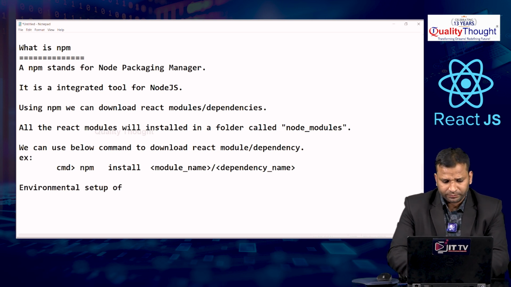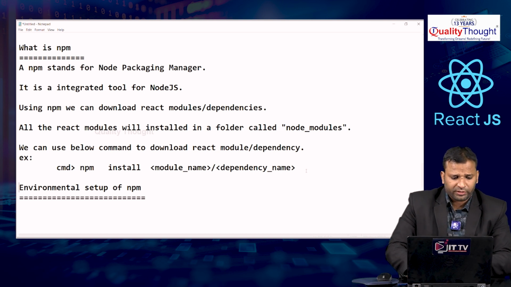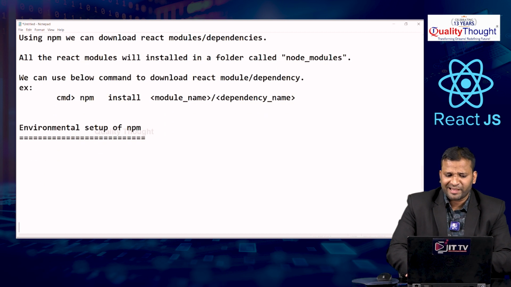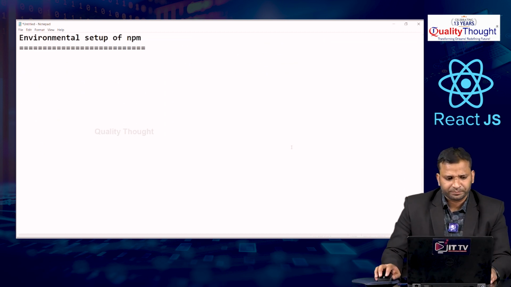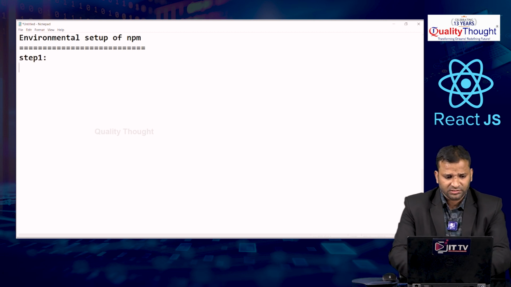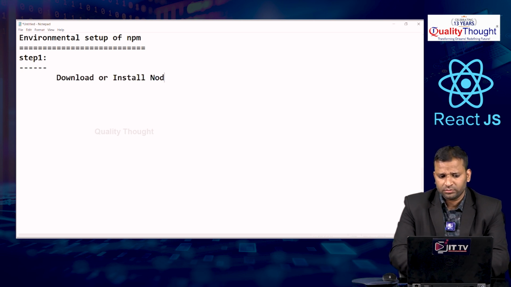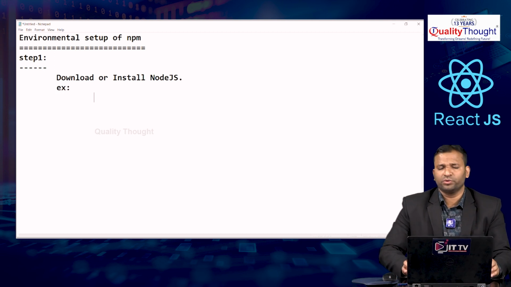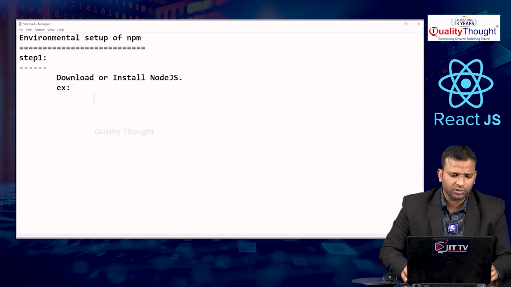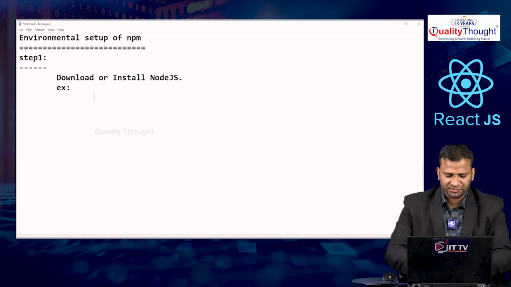So now what we need to do is the environmental setup for npm. We cannot use npm directly, guys. No, it's not possible. We have some steps, and we need to follow those steps. Step 1 is to download or install Node.js. So how to download or install Node.js: you can type